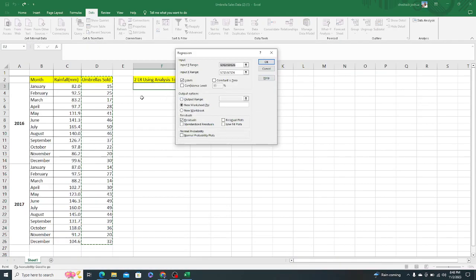Okay, yeah. So that is after you choose regression. Of course, you'll see now this pop-up window. Okay,